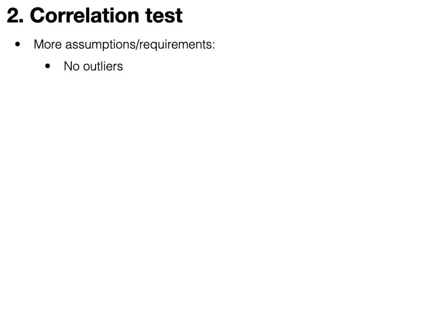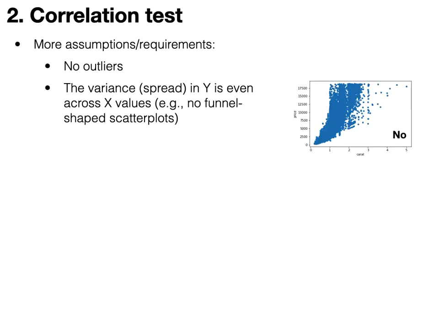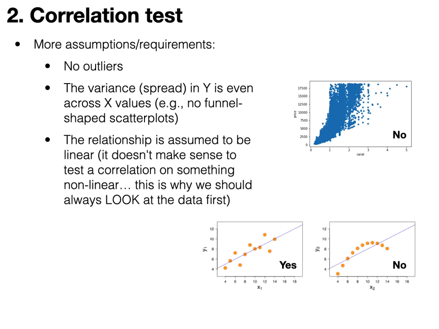So a few more assumptions and requirements. The correlation test assumes that there are no major outliers. Crucially, it assumes that the variance or spread in the y variable is relatively equal across values of x. So it would not be appropriate to fit a correlation or to run a correlation test if you have these kind of funnel-shaped situations where the variance in y changes with values of x. It's also assumed that the relationship is linear, that it makes sense to look at a straight line for this